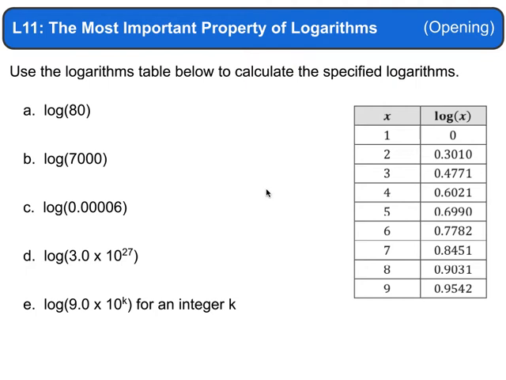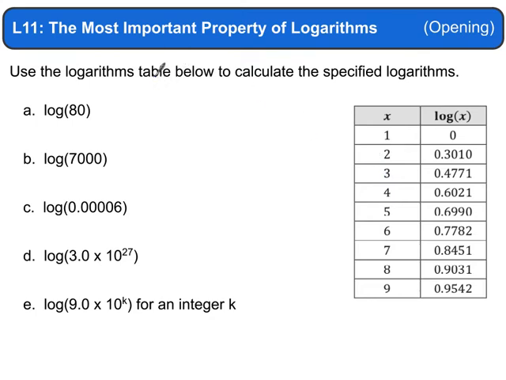Lesson 11 is called the most important property of logarithms. So we're going to explore another property to add on to the one we talked about in lesson 10. It says, use the logarithm table below to calculate the specified logarithms. They start us off with log 80. What they want us to do is not go into the calculator and type in log 80. They want us to use this table in a way that makes sense by applying